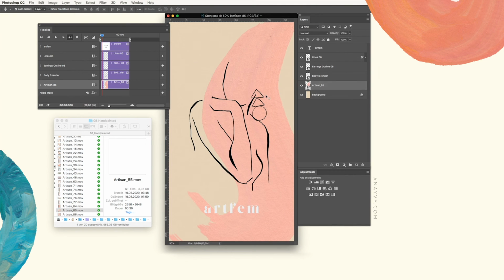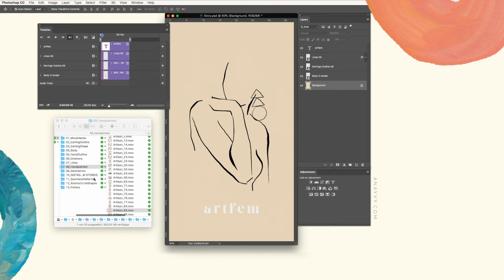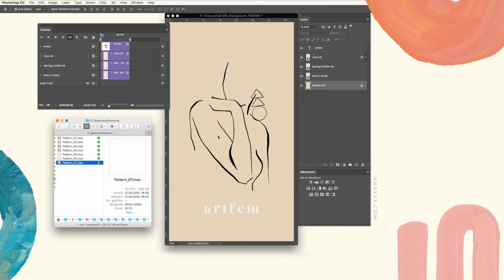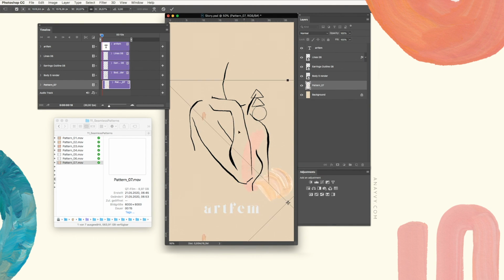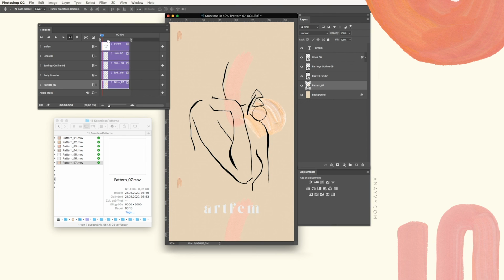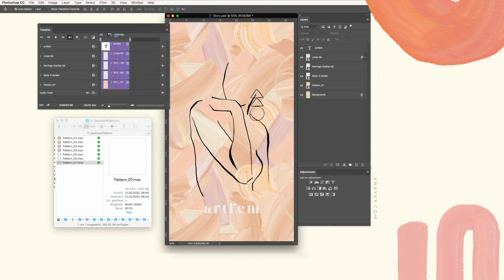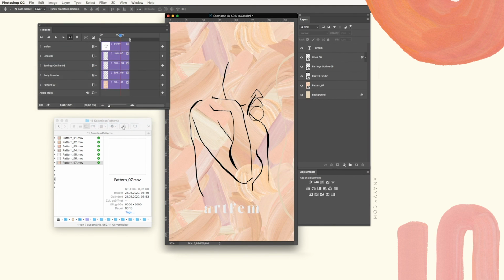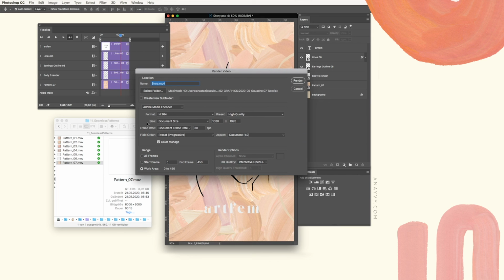So you could also use the animated patterns, because the animated patterns are seamless, which is very cool in my opinion. So let's take this one, scale it, make sure it's also like the other ones at the beginning, and yeah, that's it. Then simply go to File, Export, and Render Video. Check your settings, make sure you have document size selected when you export the story or whatever you want to do with this whole set, and then simply render